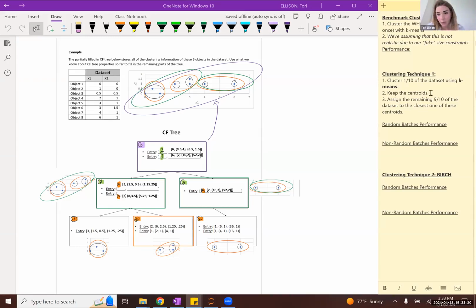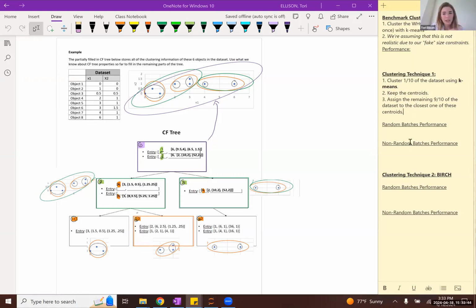And what we could do is keep those centroids around and then basically one at a time load in the remaining 9 batches of data that could theoretically fit into our Jupyter notebook. And then one at a time, assign each of those remaining observations to the closest existing centroid.